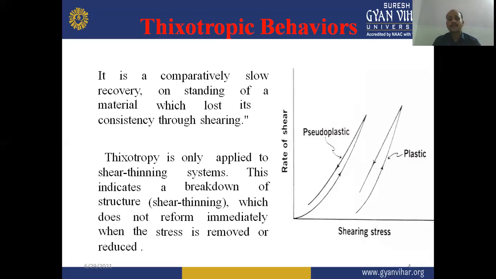But in the case of a non-Newtonian liquid, as shown in this rheogram for pseudoplastic and plastic systems, the down curve is shifted towards the left side, or it may be the right side, of the up curve. It does not coincide with the up curve. So this is the hysteresis loop, which is the characteristic feature of thixotropic behavior, and it is known as a gel-sol-gel